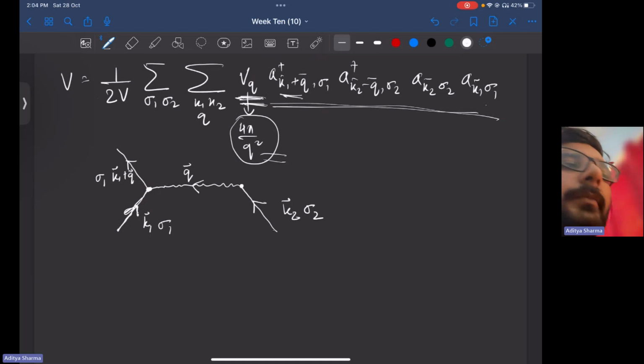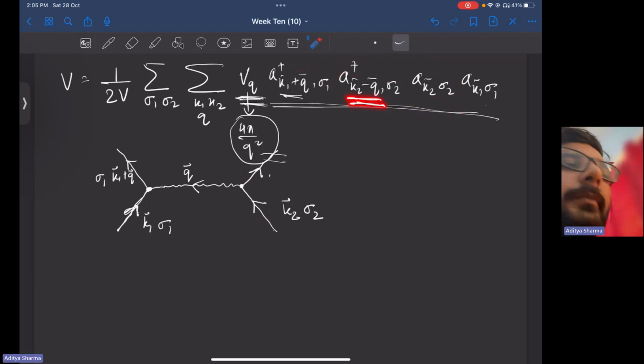Now, what will happen to the second particle? Since it gave a momentum this much, it should lose momentum while it's coming out. So that is what happens. The momentum lost is q. It gets destroyed. In fact, in this interaction vertex, the best way to interpret the equations correctly is that it gets destroyed and a new particle gets created because there's a dagger sign here,